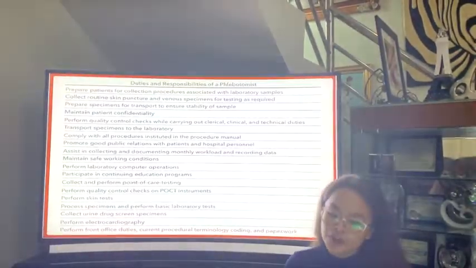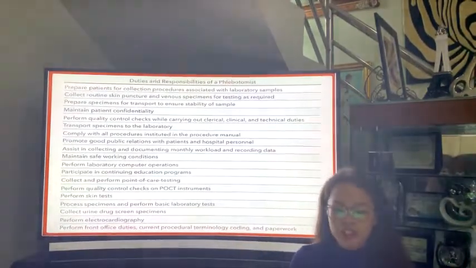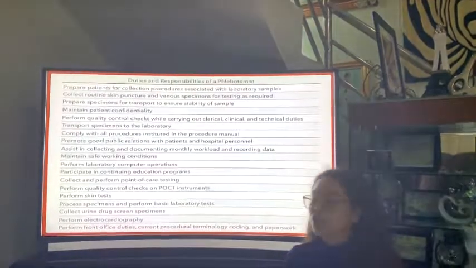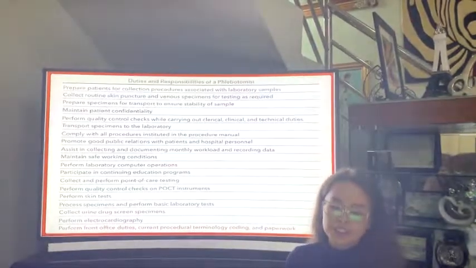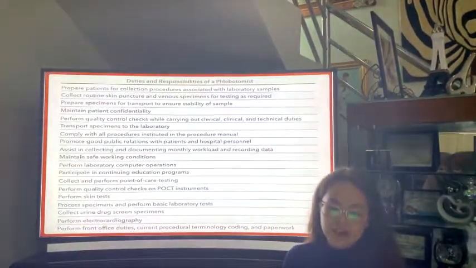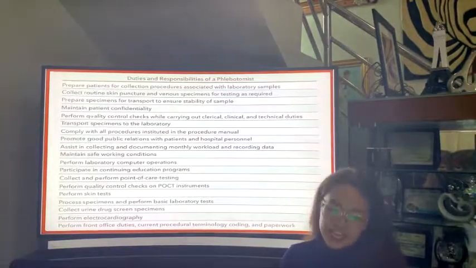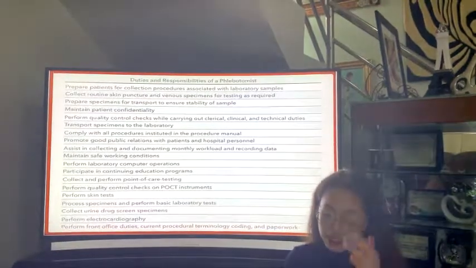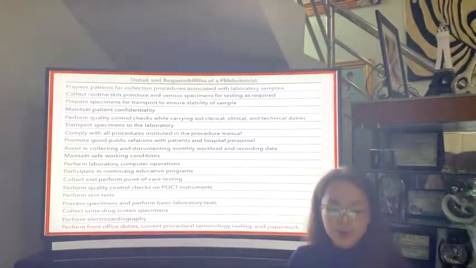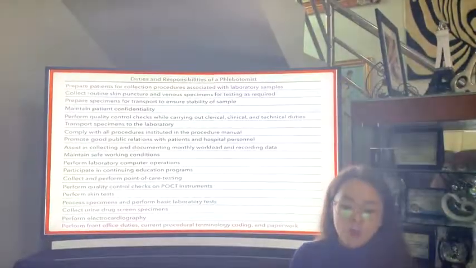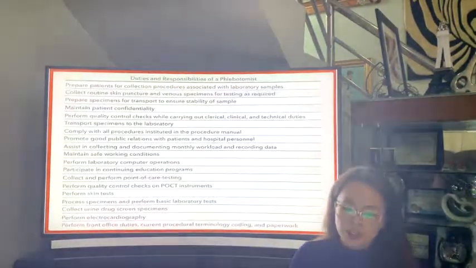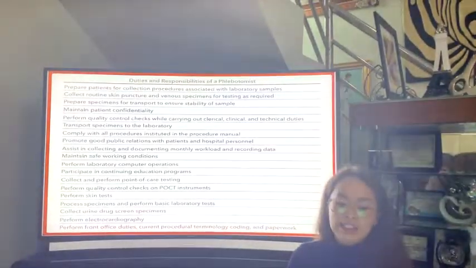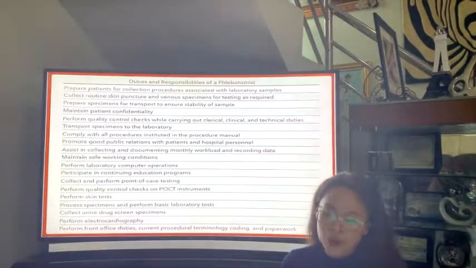First, they prepare patients for collection procedures associated with laboratory samples, collect routine skin punctures and venous specimens for testing as required, prepare specimens for transport to ensure stability of sample, maintain patient confidentiality, perform quality control checks while carrying out clerical, clinical, and technical duties, transport specimens to the laboratories, comply with all procedures instituted in the procedural manuals, promote good public relations with patients and hospital personnel, assist in collecting and documenting monthly workload and recording data,